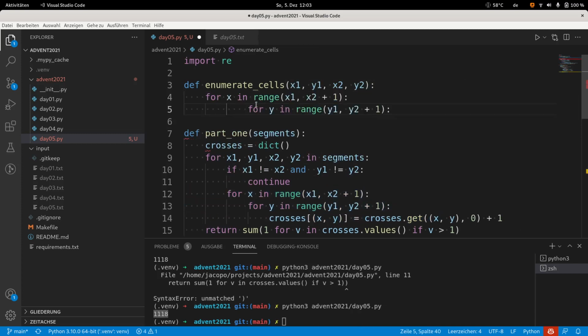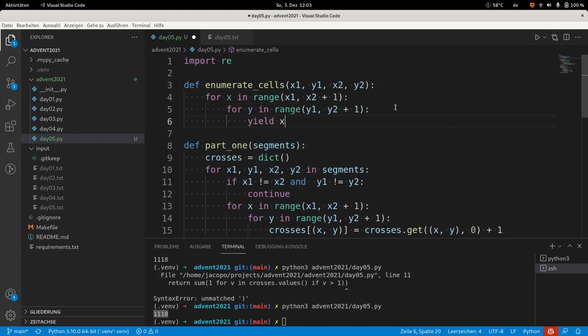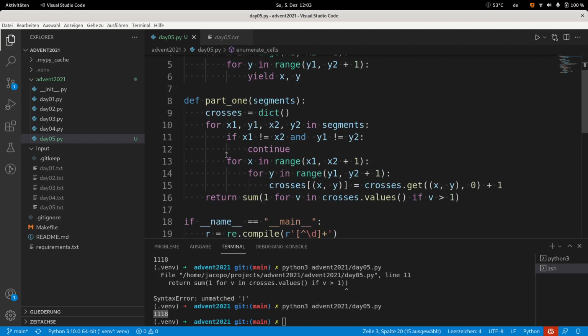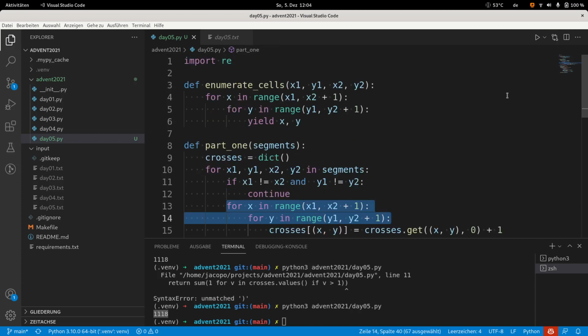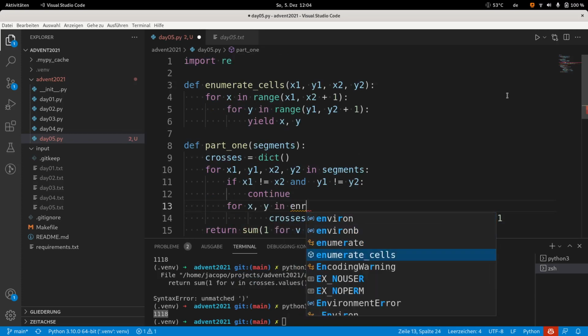So I will yield x and y. This is a generator, so essentially this thing will be something that we can iterate on, and now we can replace this thing with a call to that iterator. So we can say for x, y in enumerate cells